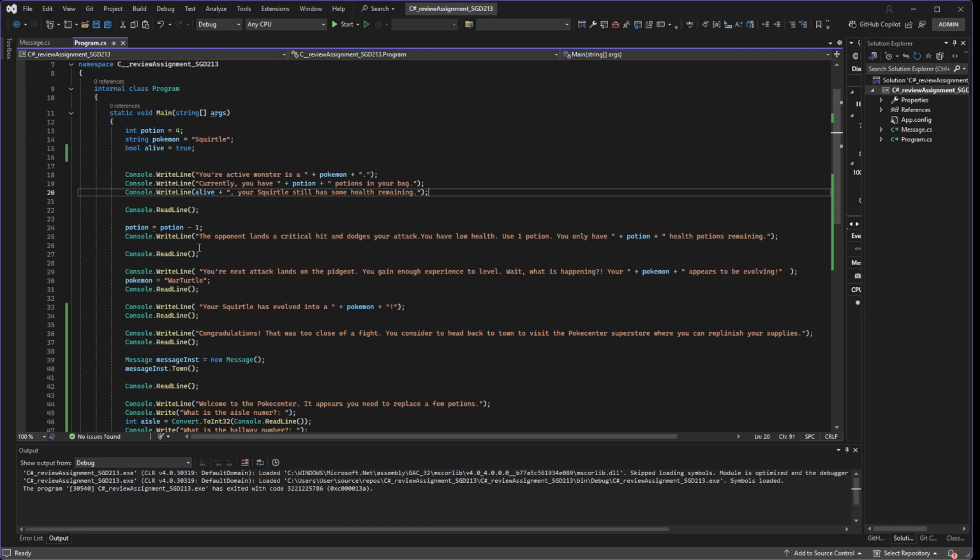We need a reason to have used the potion. So in this scenario, the opponent lands a critical hit and dodges your attack. You have low health. Use one potion. You only have plus potion plus health potions remaining. Okay, so we take this out of the quotations, and that's going to allow it to be understood by the program as being the int value and not just thinking that it's supposed to type it out back to the user. So the other thing about this is we will know that this has worked properly, the potion minus 1,